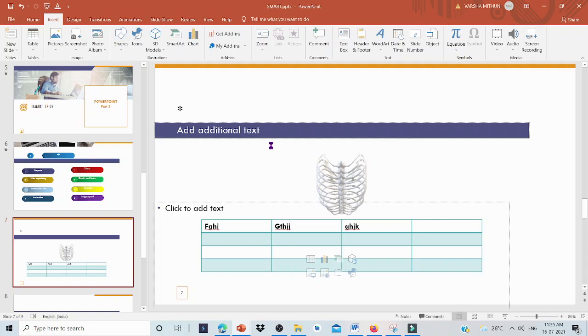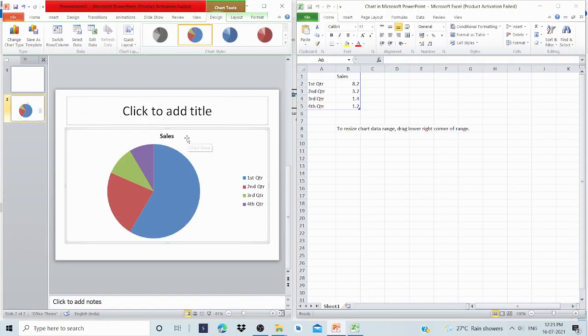So this is the pie chart, and along with that chart we can see an Excel file, and all we have to do is change the values. We can add the quarters and the values, and according to that, this pie chart will change. And this is about the pie chart.